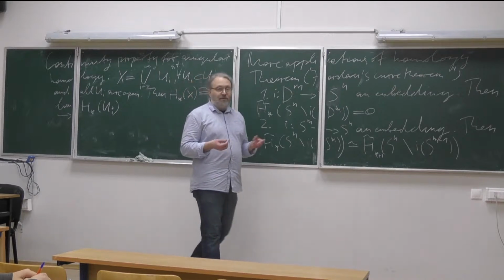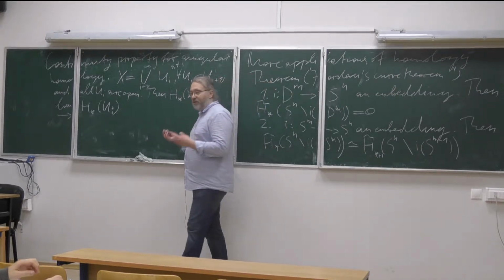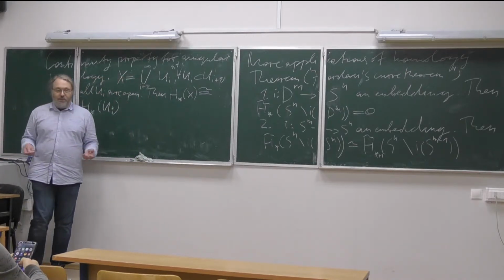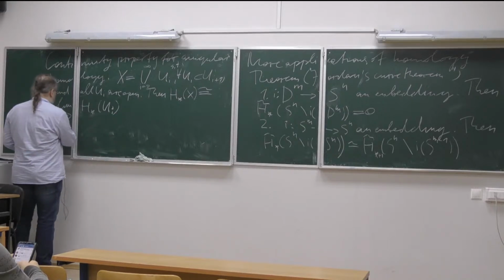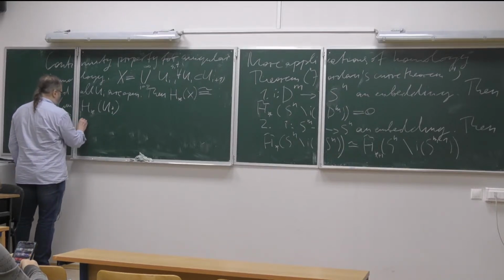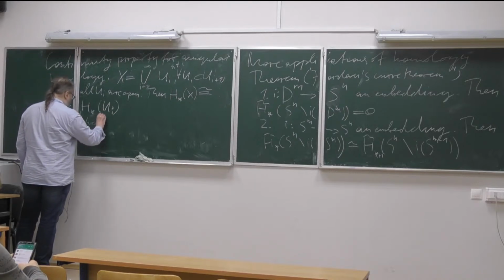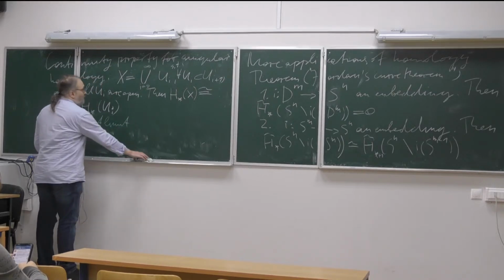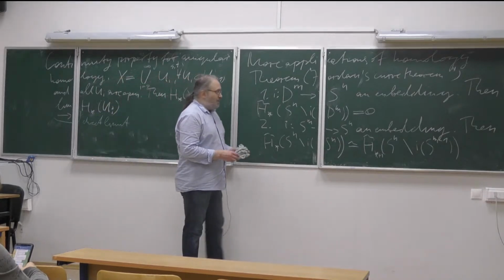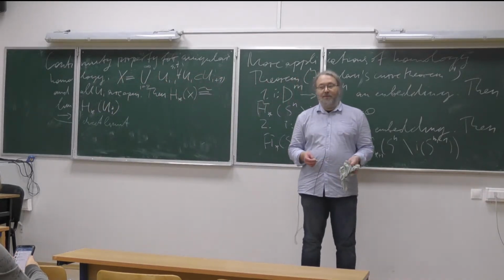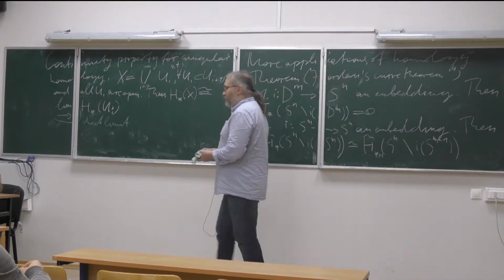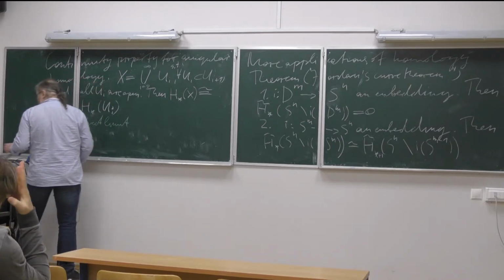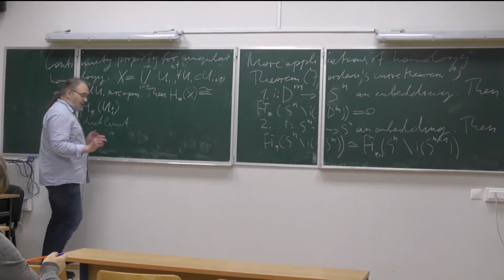And there is a more detailed explanation in Hatcher's book and in other books as well. So this thing is the direct limit. Okay, now the really short explanation is